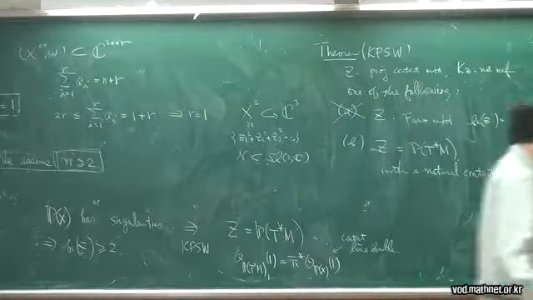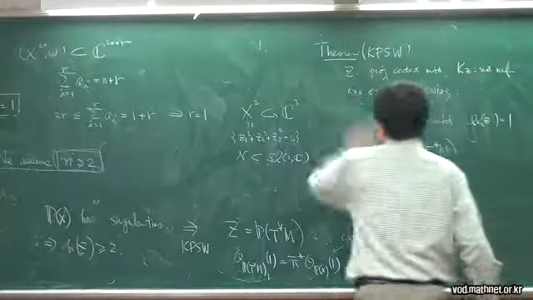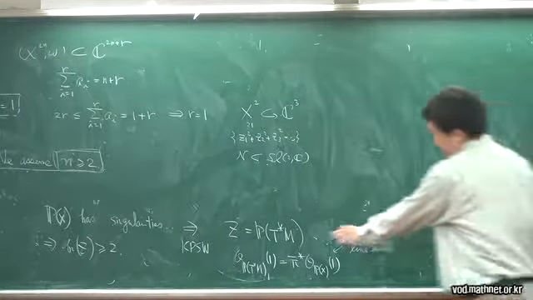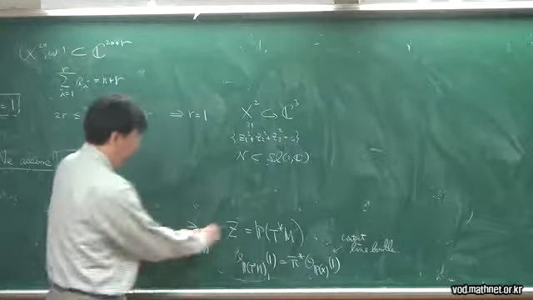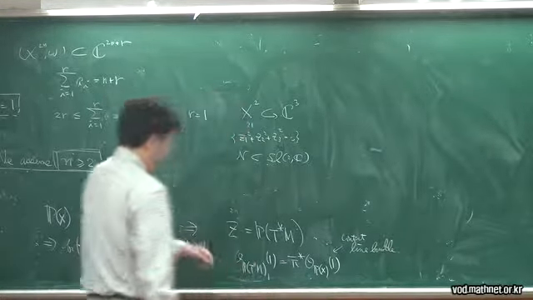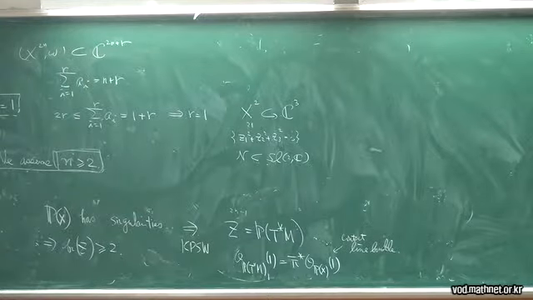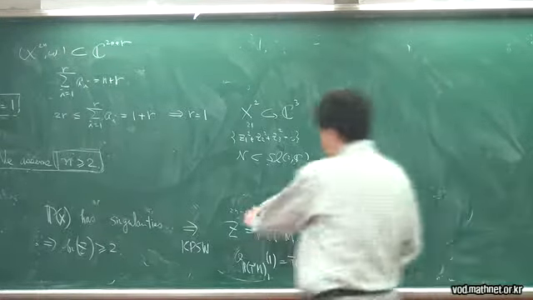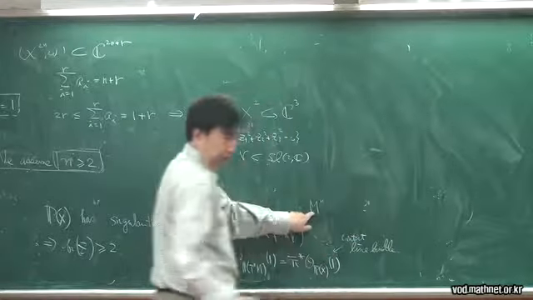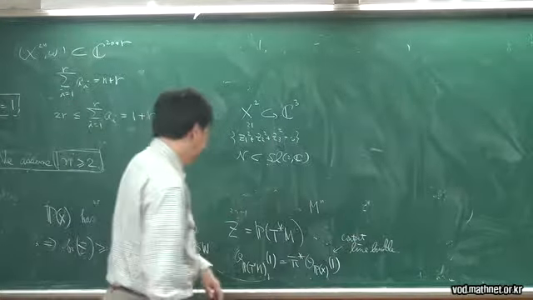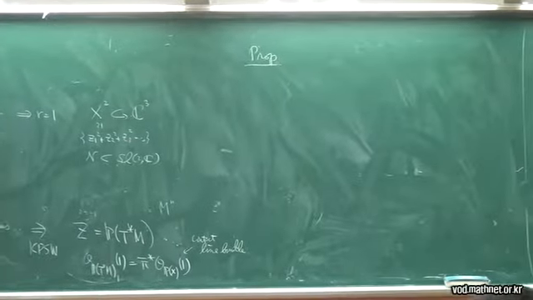Okay, but what is M in this case? So the next question is, what is this M? Of course, this is 2n dimensional, and so this has 2n minus 1. So M is of dimension n. Yes. So what is M? So the next proposition says that this M is actually a flag variety.